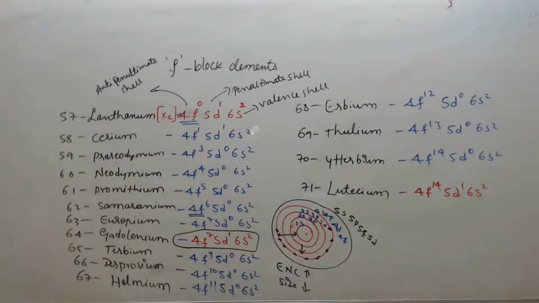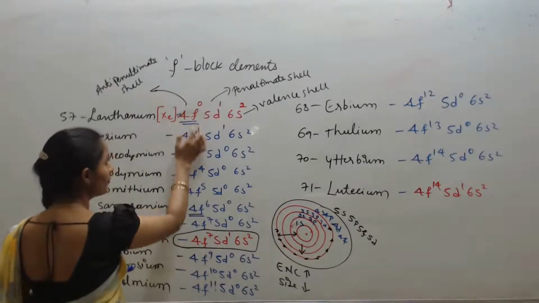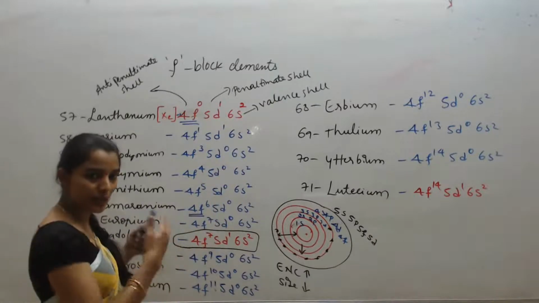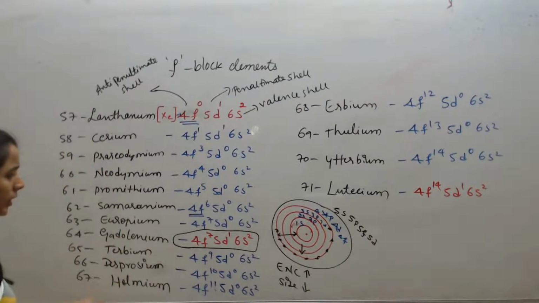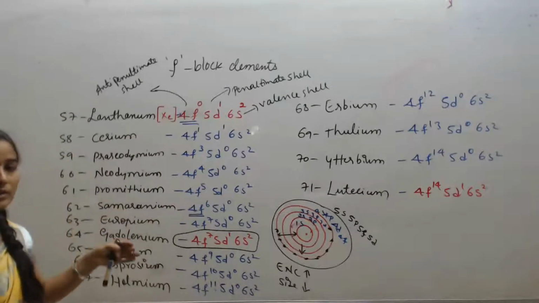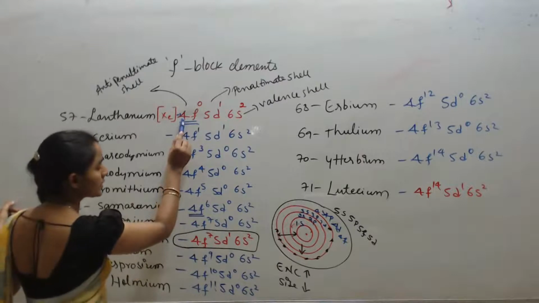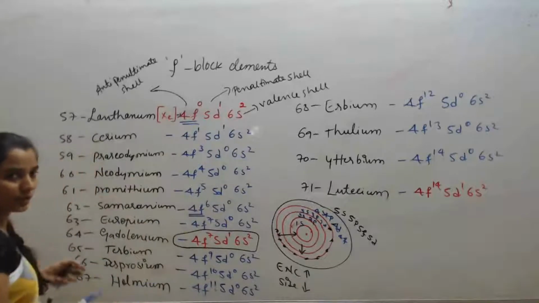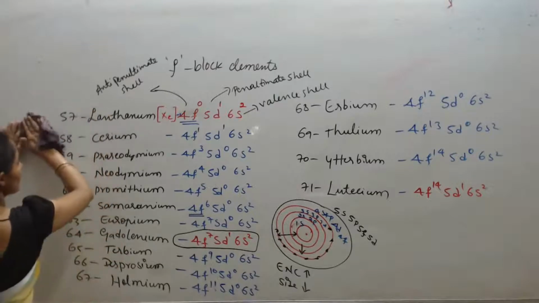Similarly for actinides, what happens? Instead of 4f, 5f will come; 5d, 6d will come; 6s, 7s will come. So the same electronic configuration follows for actinides also. I don't write it again, friends, I explain that lanthanides and actinides resemble the same electronic configuration. The only thing is the 4f series becomes 5f, the 5d series becomes 6d, and the 6s series becomes 7s. So this is all about the electronic configuration. The next one is